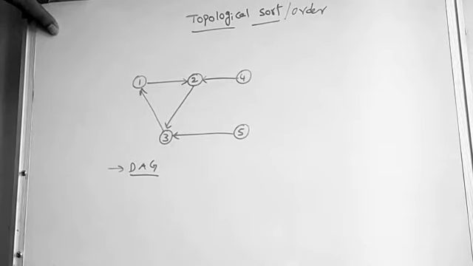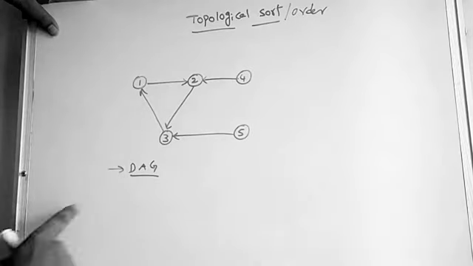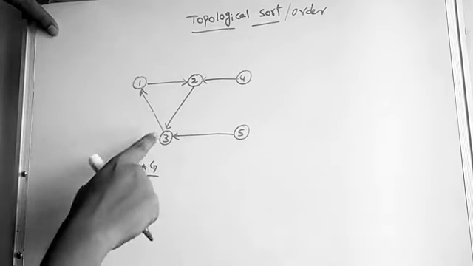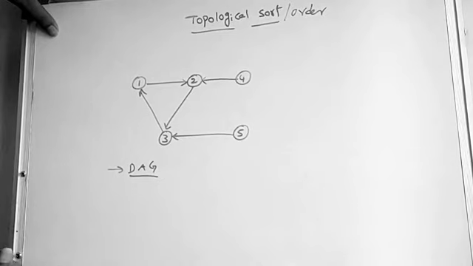Okay, directed acyclic graph, that means DAG. So all are directed acyclic. Here the graph has cycles, but let us see what happens if it has a cycle, whether we are able to form an order or not. So as we know, first we can find the in-degree of every node.